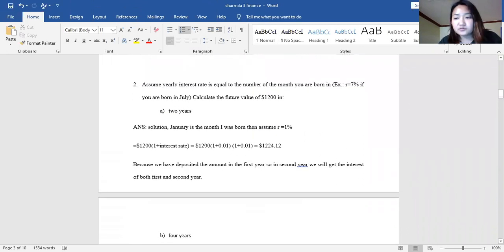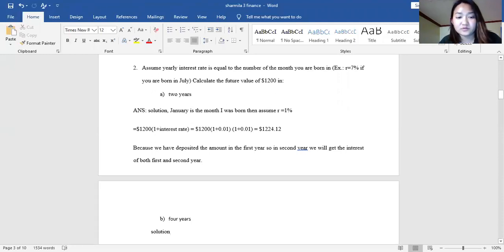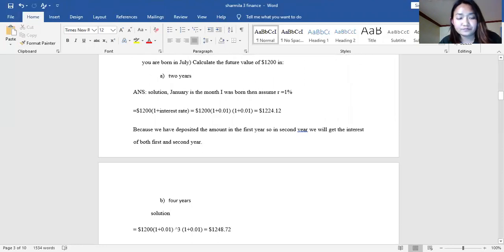So for question number 2, assume the yearly interest rate is equal to the number of the month you are born in and calculate the future value of $1,200 in 2 years. Solution. January is the month I was born, so I assume the rate equals 1%. So $1,200 times (1 plus interest rate) equals $1,200 times (1 plus 0.01) times (1 plus 0.01), that is equal to